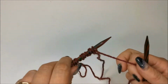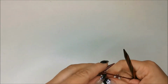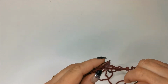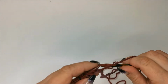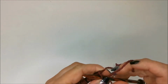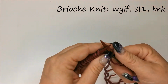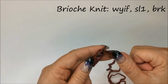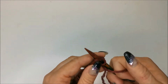So to work brioche knit, you're just going to work the same row every single row when you're on an even number of stitches. This won't have an edge stitch or a selvage. Similar to our setup row, we're going to slip one with the yarn in front, and then this is the brioche knit stitch. This is our stitch and the yarn over. We're going to brioche knit, or knit these two together